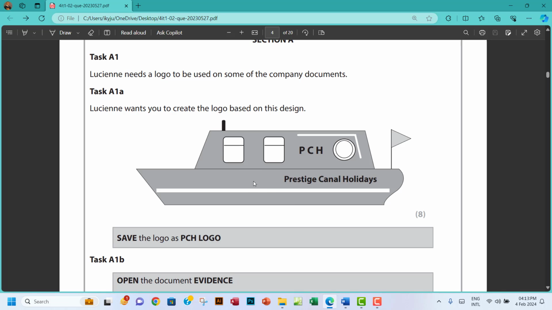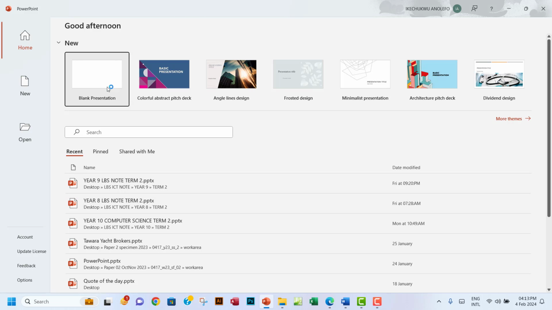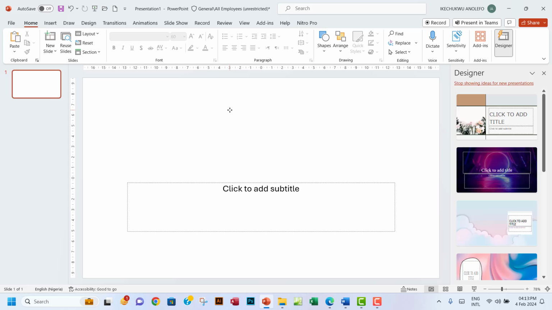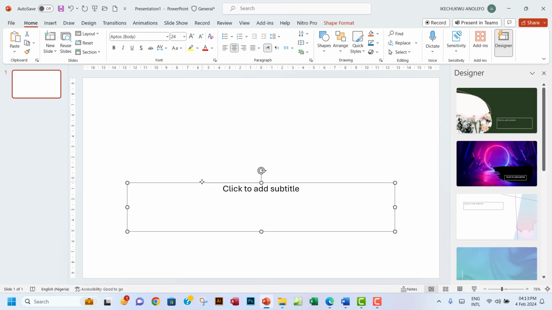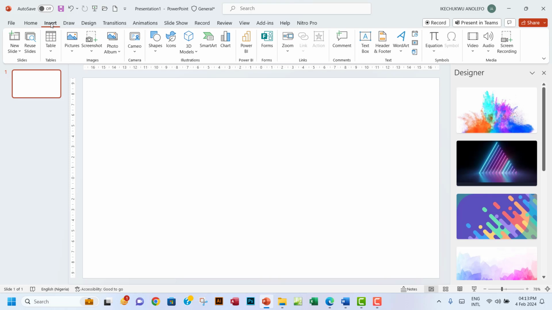You can actually use maybe any graphics software, but for this I'm just going to use PowerPoint. To be honest, PowerPoint is going to be fast to create that particular logo. So let's begin. The first thing I'm going to do is go to insert, and then of